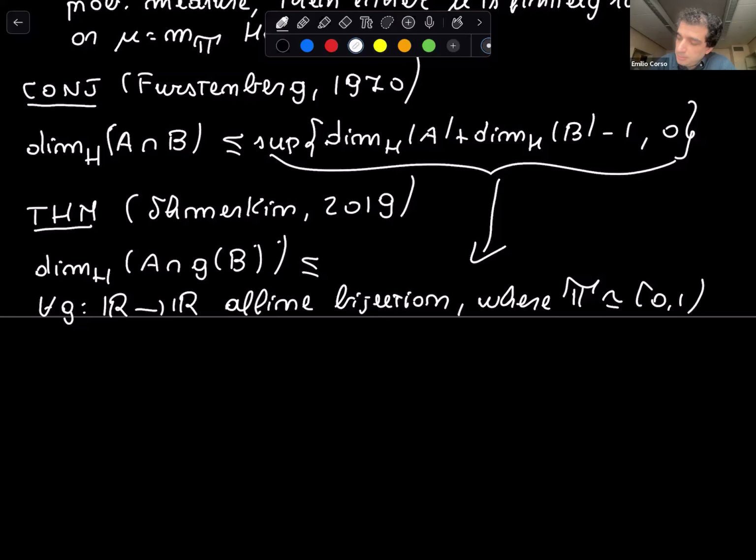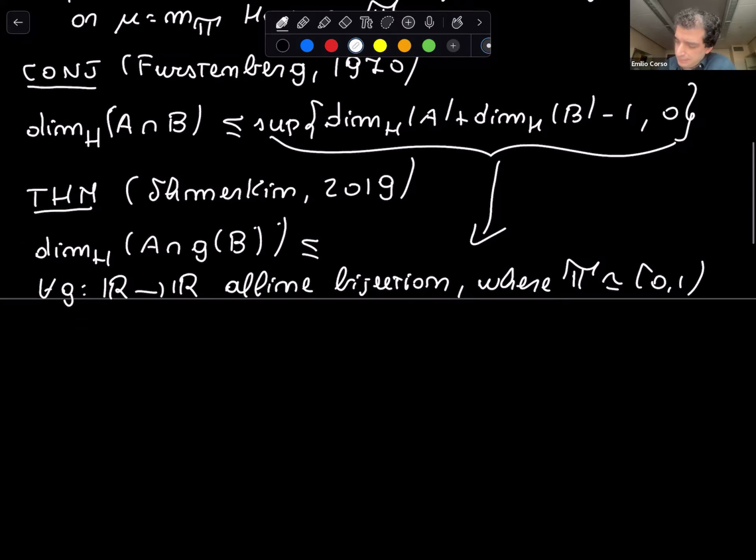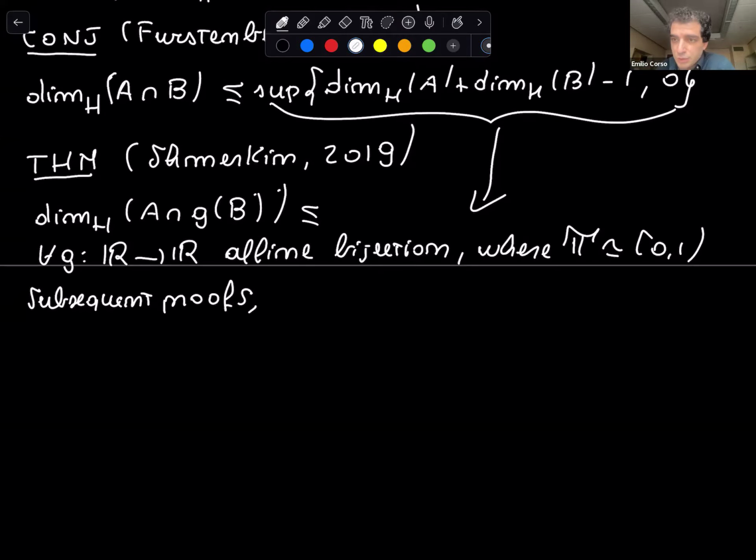And so the intersection conjecture actually resisted attempts for basically half a century until Pablo was able to provide a first proof. And after that, subsequent proofs were provided, and let me emphasize, using completely different methods, more ergodic theoretic in nature, and closer in spirit to Furstenberg's original insights, different in spirit, in method.